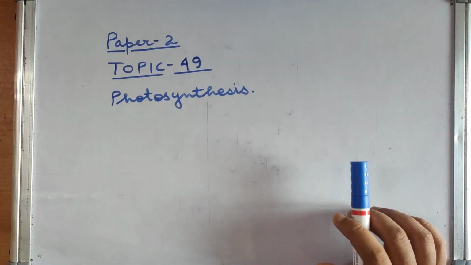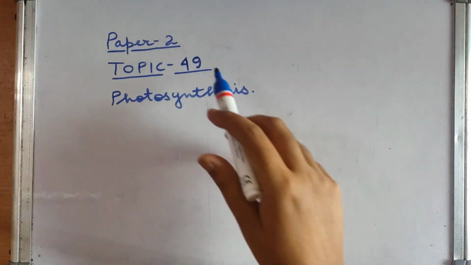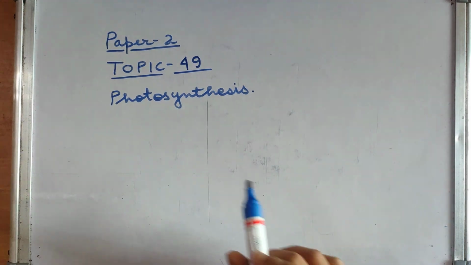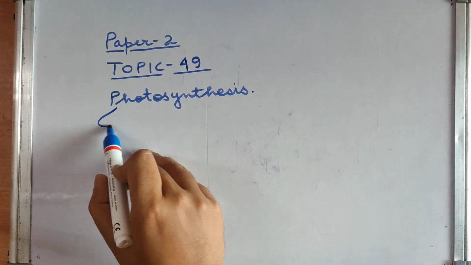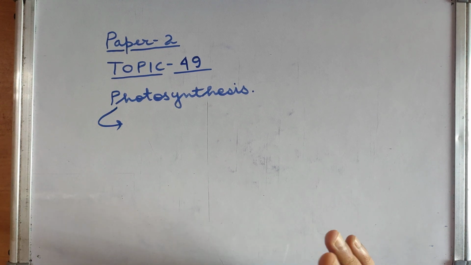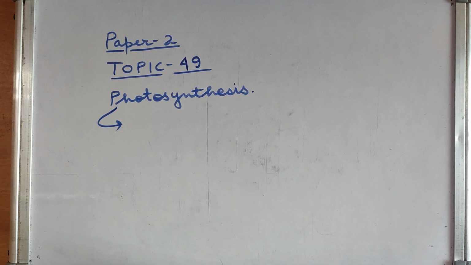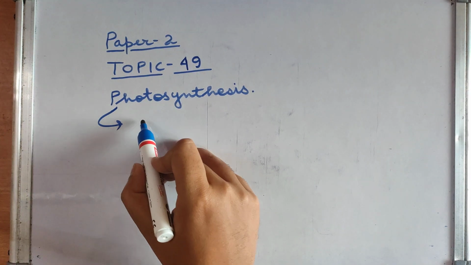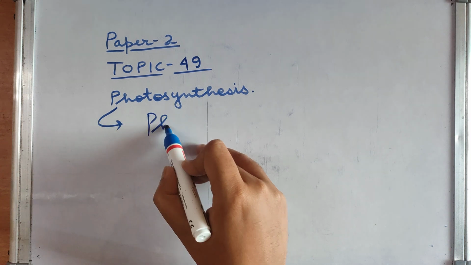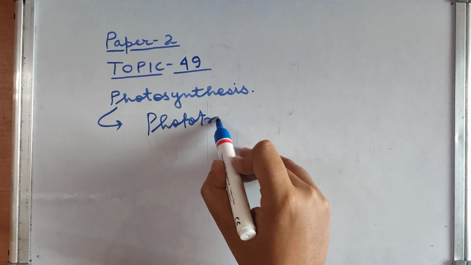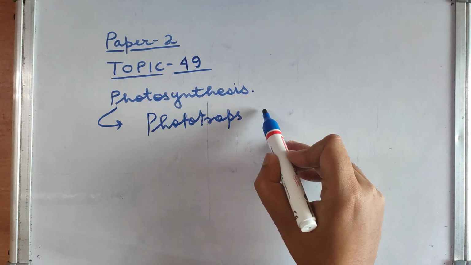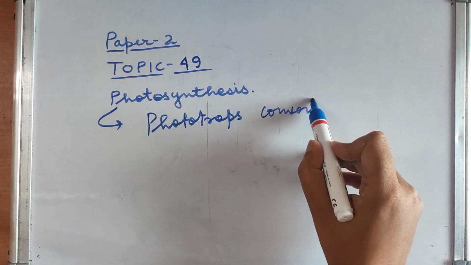So, today we are going to do topic 49 of paper 2, and here we will be discussing photosynthesis. You have learned from your childhood what photosynthesis is. In simple words, photosynthesis is the process by which phototropes, or you can say plants, convert light energy into chemical energy,